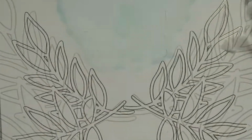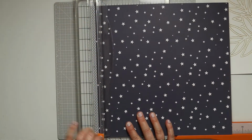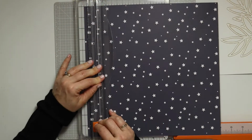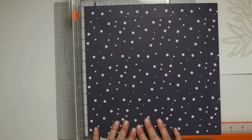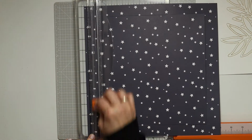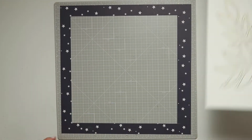I'm really happy with how it looks. Quickly whip that away, and here is my backing piece. It's a dark navy star, and of course, as always, I don't want to waste any of that paper, so I'm using my trimmer to just trim out the center. I usually leave a border of about 1 inch around each piece, and then I'm going to bring that white